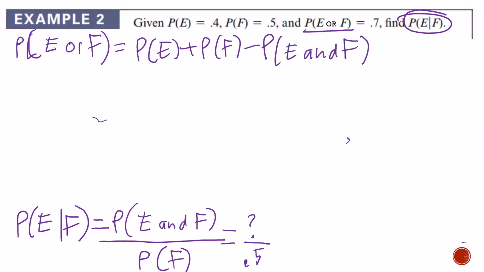Okay, so this is a two-step problem. We had one formula and we were like, sweet, but we're missing a part. Now notice, this is what I was telling you. Regina, you asked, how do I know what formula to use? Well, notice in this case, this is what we want, and we know the other three parts of this formula. There are four parts to this formula. You know three of them. That's enough to find the missing part. For any formula,